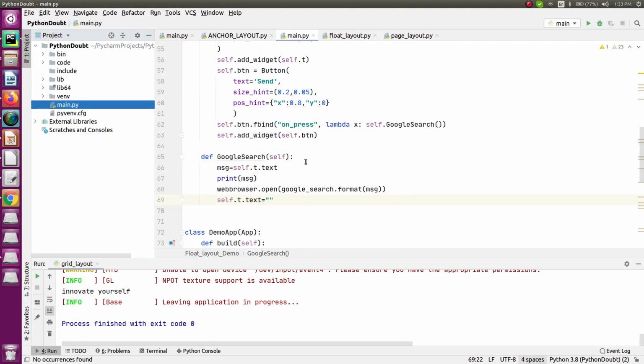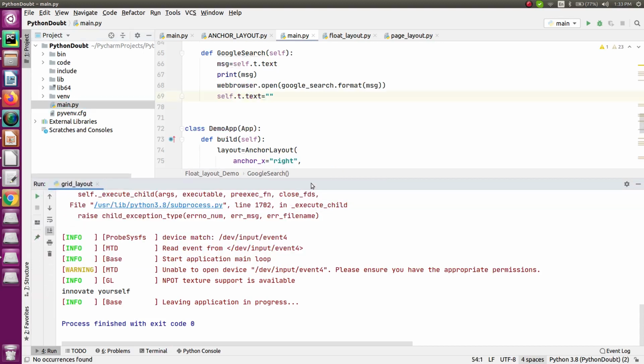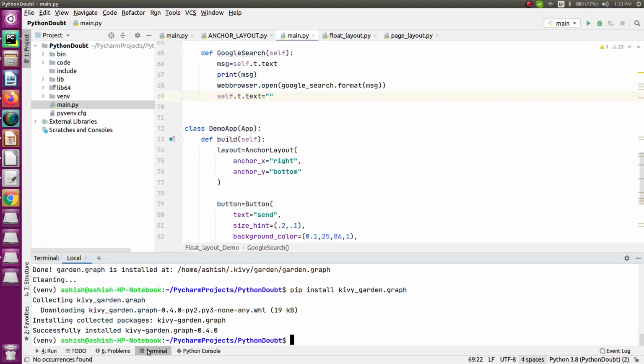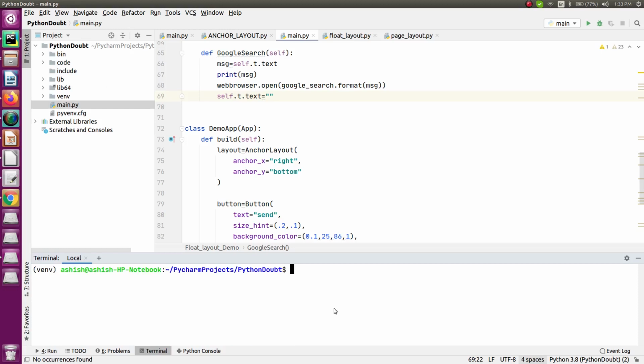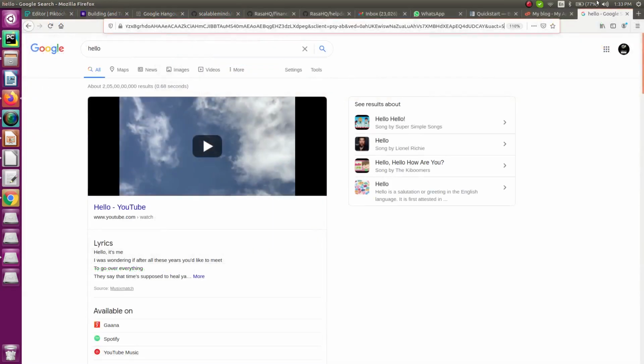The next thing that you have to do is make your application an APK file. For that, you have to go to the terminal now. This is your main directory where you have to work right now. Firstly, you have to go over here. Let me show you where you have to go.